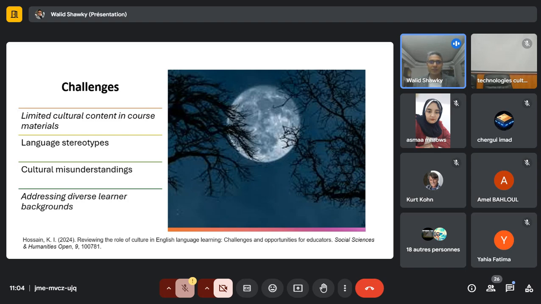And it's very interesting. Once we have a topic related to culture, everybody has something new to introduce to the others. Even, as I said before, if you are in the same country, students from different cities and different parts of the country have different cultures. Here in Egypt, people from Alexandria have a different culture from those in Cairo and from those in Upper Egypt, in Said, for example. So it's important to bring this knowledge into the classroom.